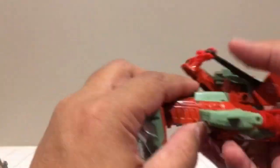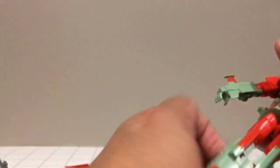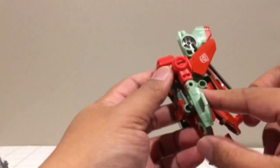Go. To aid in articulation might be good, just fold this arm like that. Now rotate the binder port there and re-pick the legs and orient it properly. That is